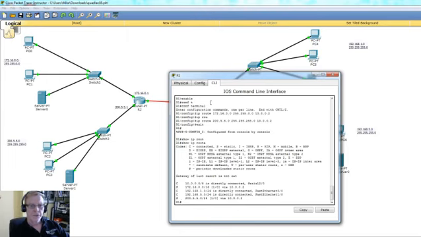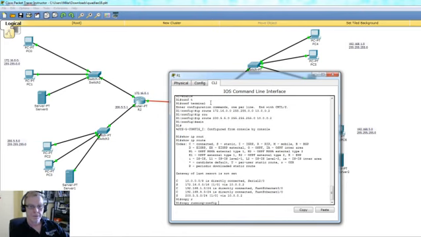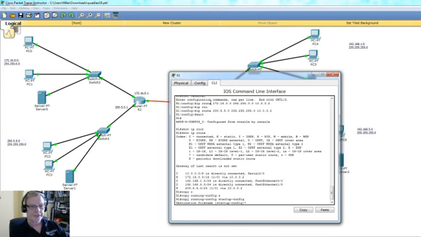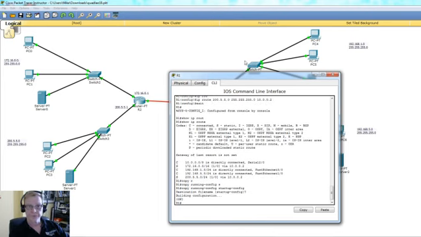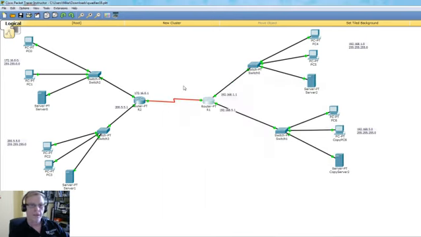Okay? So in user exec mode, privileged exec mode, I go copy R, see how it tabbed out, running config to startup config, and I save it. And I just hit enter and it saves it for the default. And then I go over to this guy here,